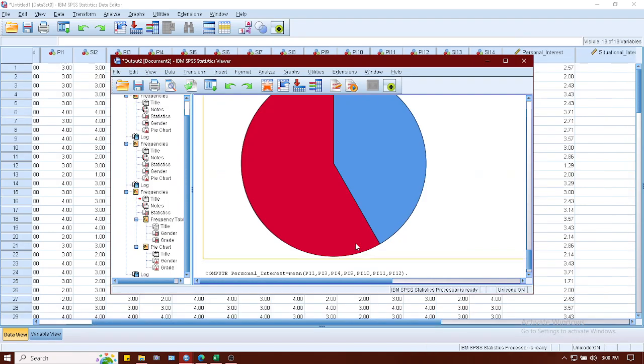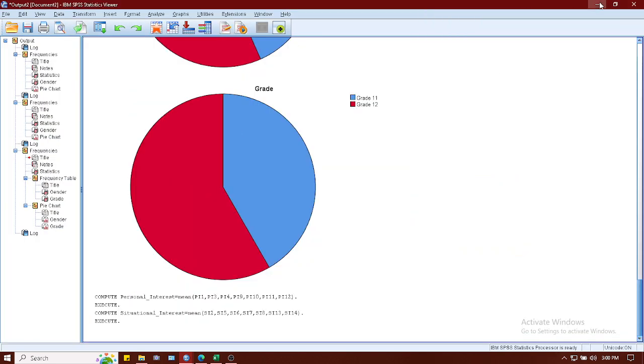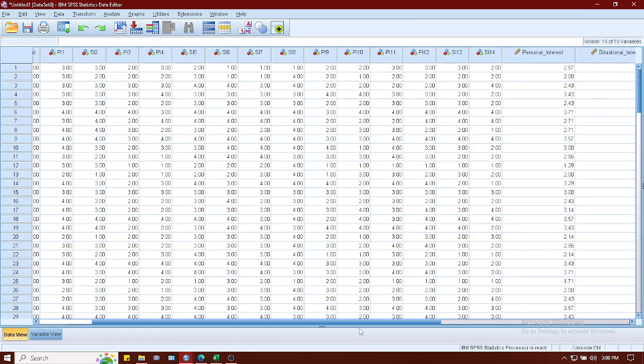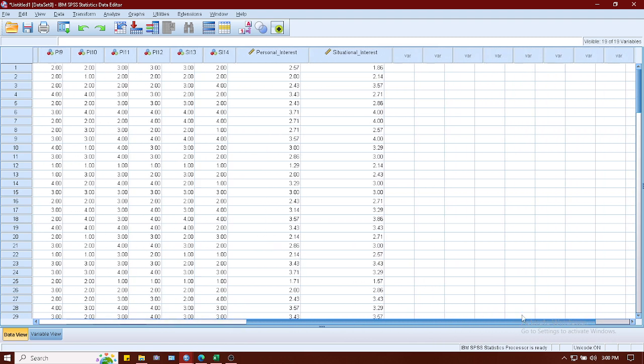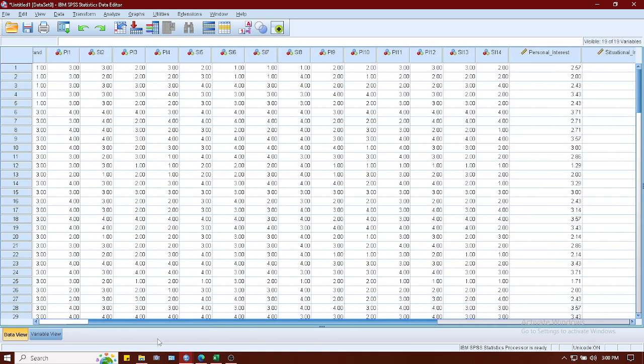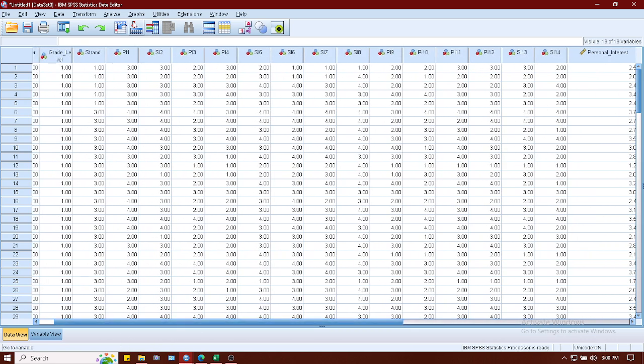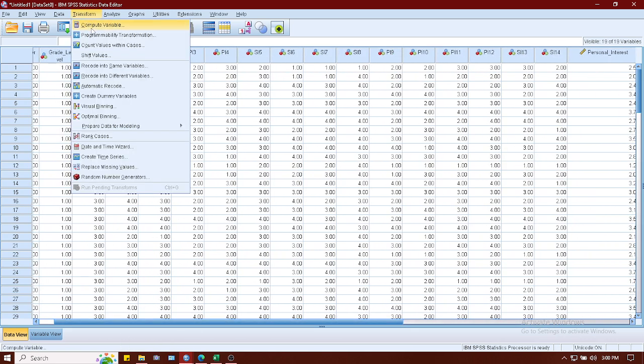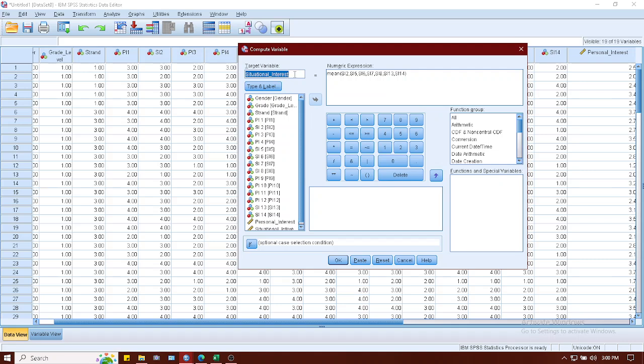So the format is okay now. You click OK. And then to get the overall mean of the reading interest, we will get the mean of personal interest and situational interest. So take note, every time you do transformation of data, you have new columns in here. So to get the mean for the total reading interest, that is the mean of the PI and the SI: Transform, Compute Variable, and then reading interest.